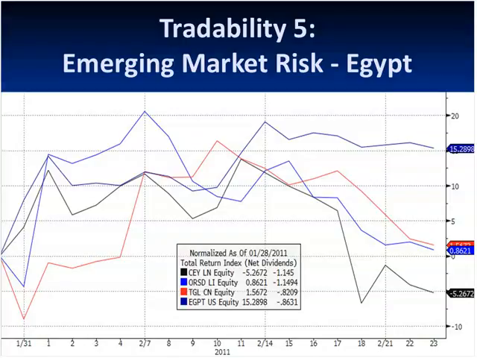There were a million stories in the press about EGPT trading to a premium since its price rose after the Egyptian market closed. That was nonsense, though. The underlying market was closed, so it's impossible to say what premium or discount Egypt had. If you look at this chart, you can see that the ETF actually got things about right. Right through the middle of February, EGPT traded more or less in line with the shares of Egyptian securities that were trading in London and Canada.